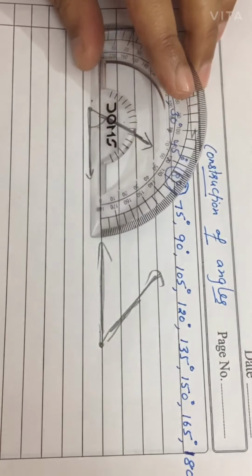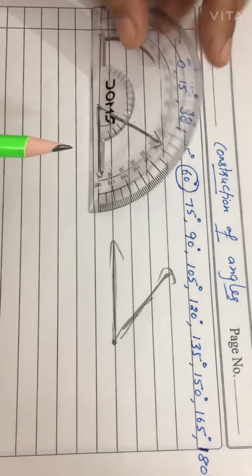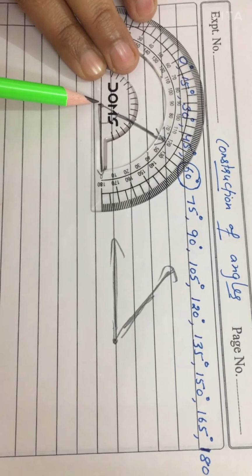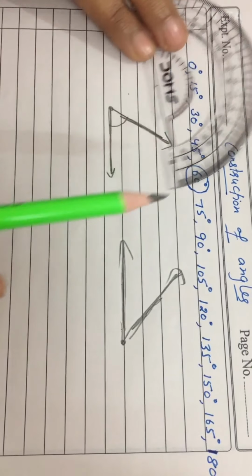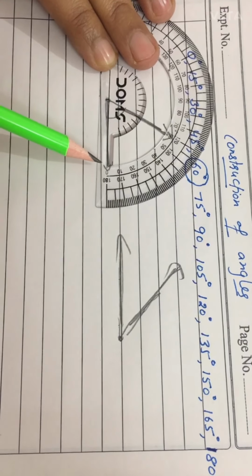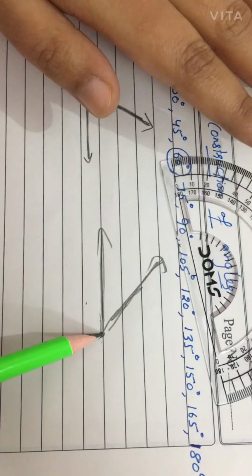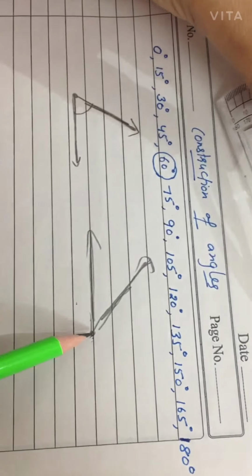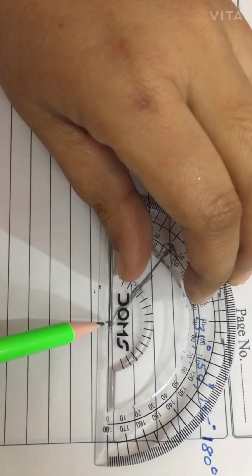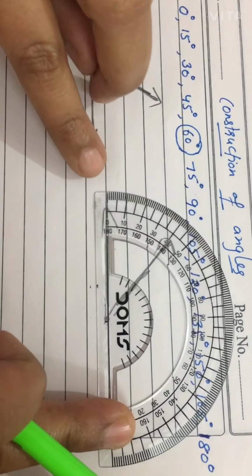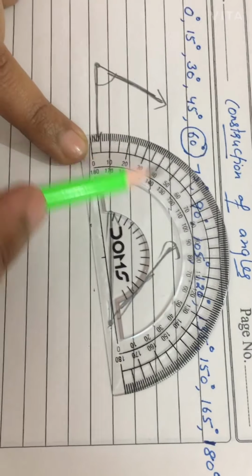If we are measuring the angles, we know that when we measure the angle, we keep the center point at the vertex. When we keep the vertex on this side and the arms on this side, then you measure the angle downward, meaning right to left. But when we keep the protractor this side, meaning the vertex is on the right side and the arms on the left side, with the center point at that vertex, then we see the upper angles. So in this way we have two ways to measure the angles.